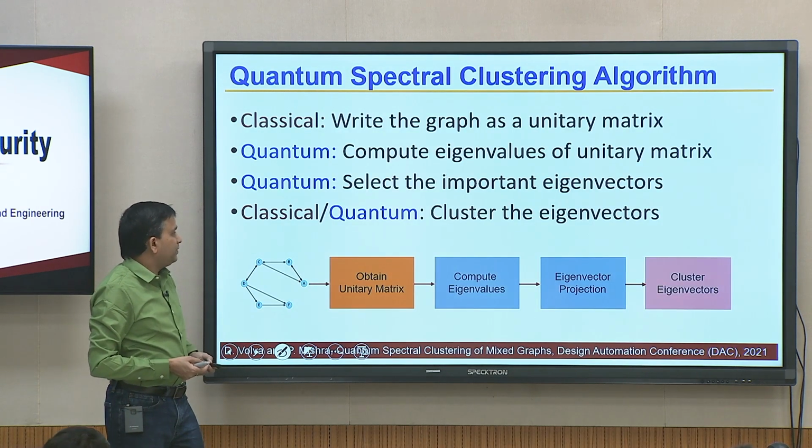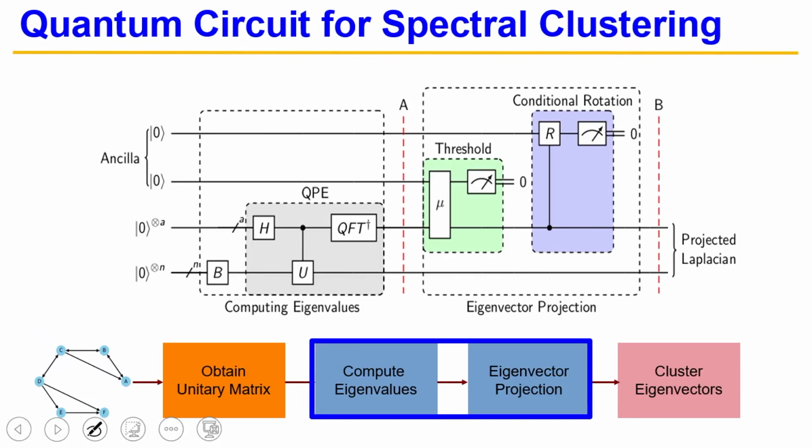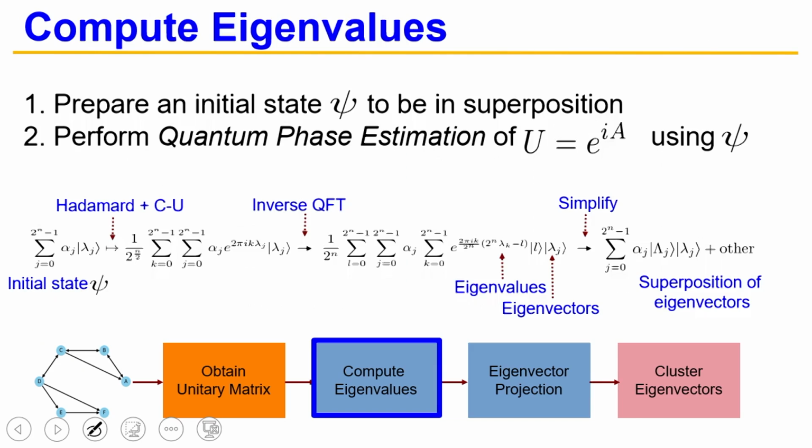When we looked at it, we figured out that there are 4 stages in spectral clustering. One of the stages that takes most of the time is computing eigenvalues, so we wanted to do that. This is the circuit we had to design. When you talk about compilation, it will make more sense. I wanted to show you, if you want to do it on a classical computer, how much you have to compute, a lot. Most important, this summation, e to the power and all that stuff, is computing the eigenvalue on a classical computer. In a quantum computer, you program a qubit, measure it, and you get the eigenvalue.